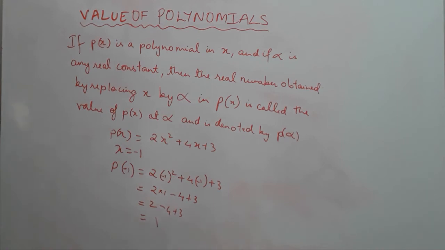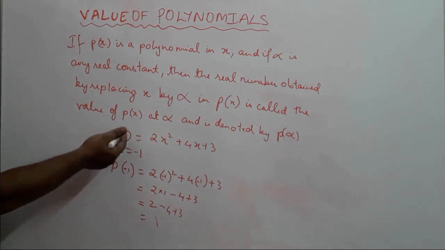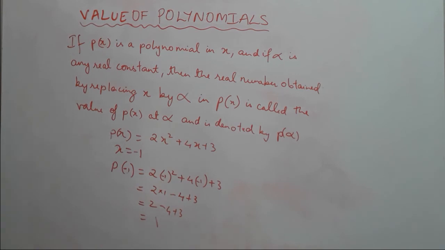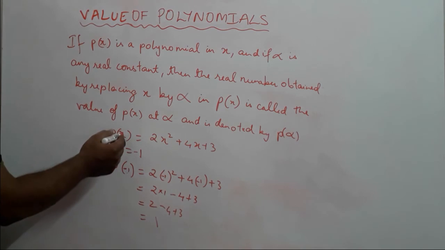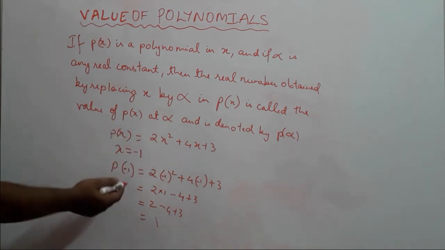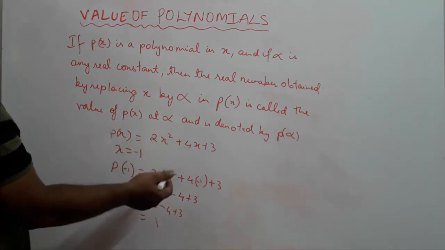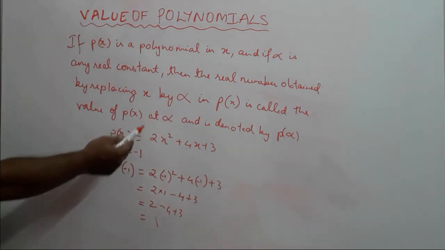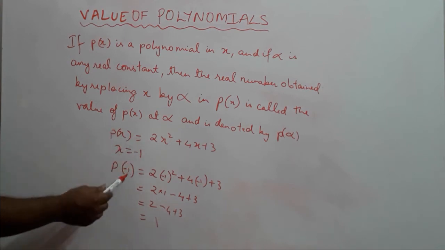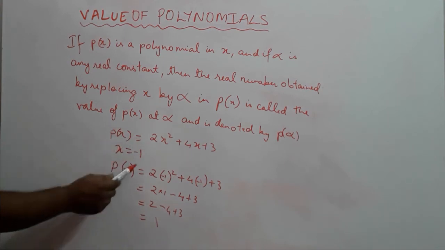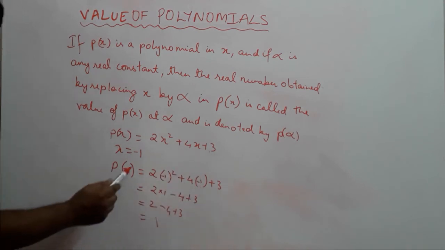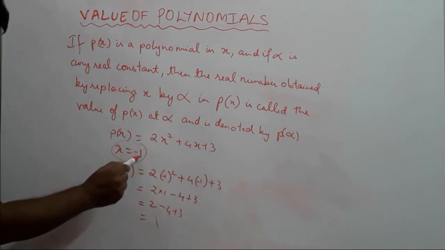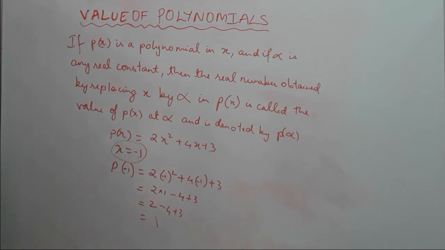It doesn't matter which letter comes in place of the variable, but the variable tells you that it can always change based on the value you put in place of x. So x will be replaced. In this case, -1 or 1 that I had shown you previously is nothing but alpha. So the value of that polynomial, p(x), signifies that the value of this polynomial at this particular value or point is equal to 1.